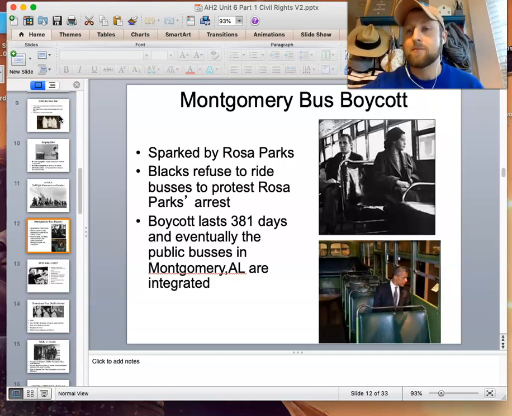Like many African American patrons are forced to do during this time, she refuses to give up her seat. It leads to a big boycott of the Montgomery bus system. You know, a boycott is not to participate in something, and it leads to them starting to lose money. She is arrested in Montgomery, Alabama, and it eventually leads to them changing their stance as far as having Black people sit at the back of the bus. Now that doesn't come too much later.